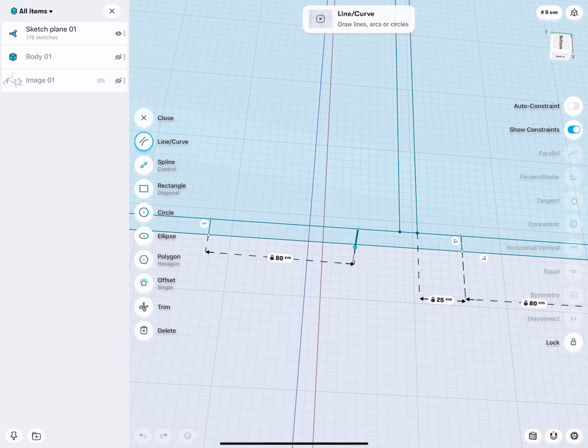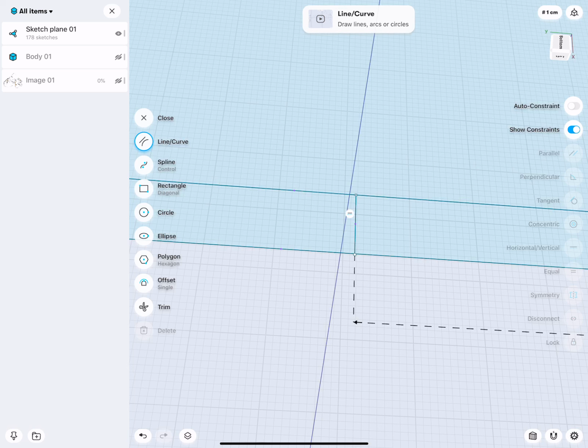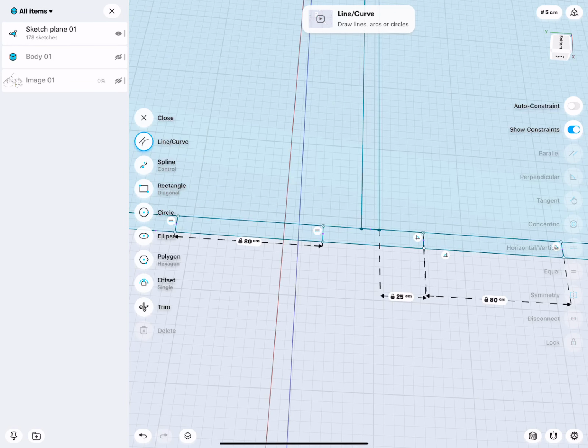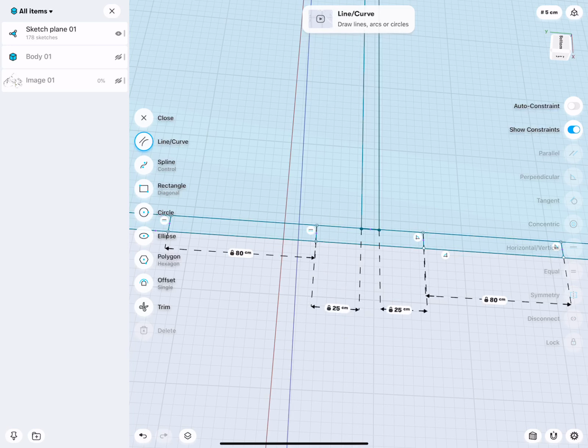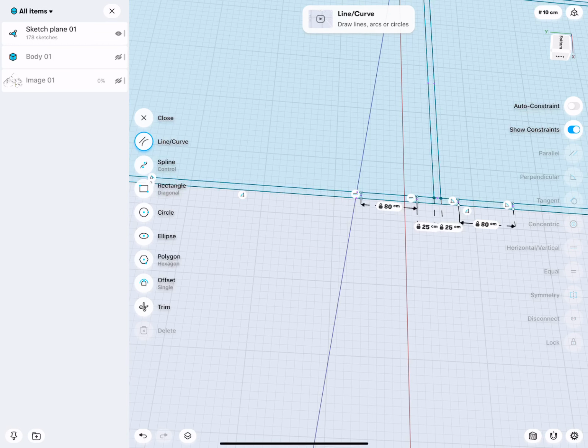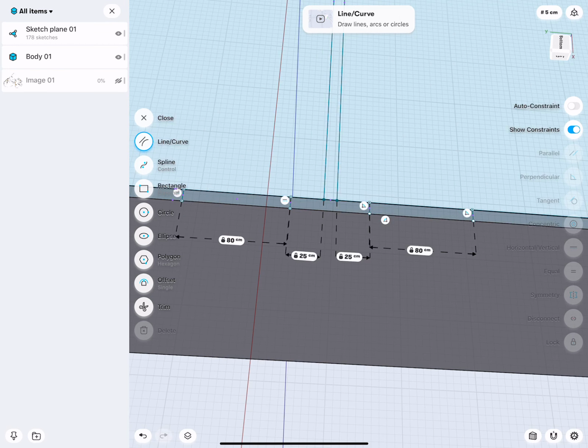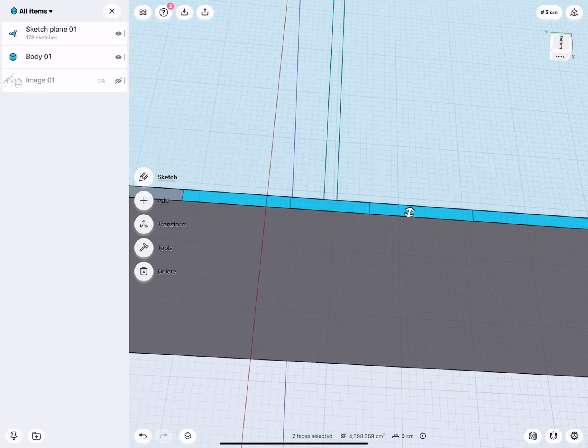This point is actually not glued onto this line, so it was nice actually to see this happening. Here the same. This point is white, but it needs to have a dot on it there, and now it is glued onto this line. And then here I will do the same, 25. Very nice. Good. Now to create the opening for the door,